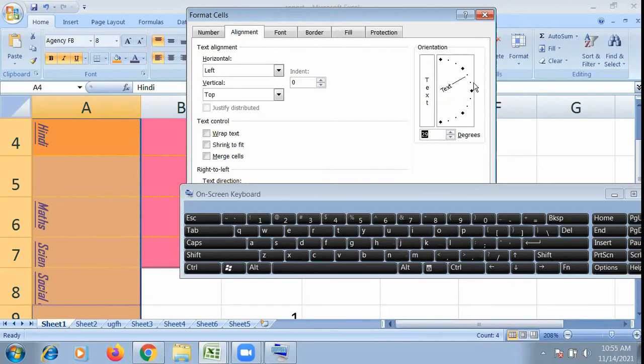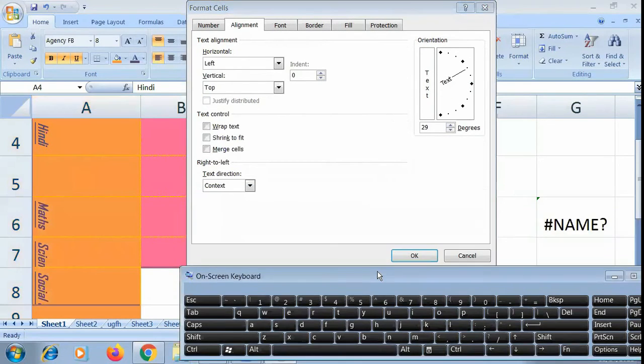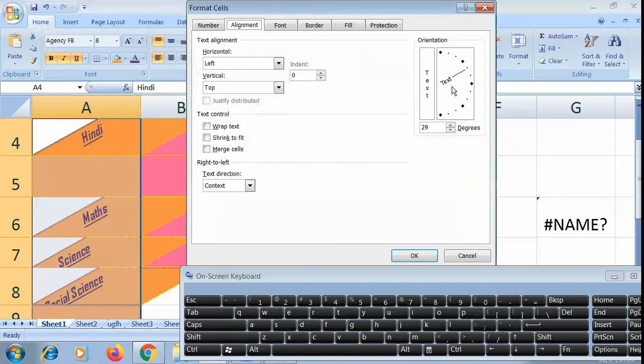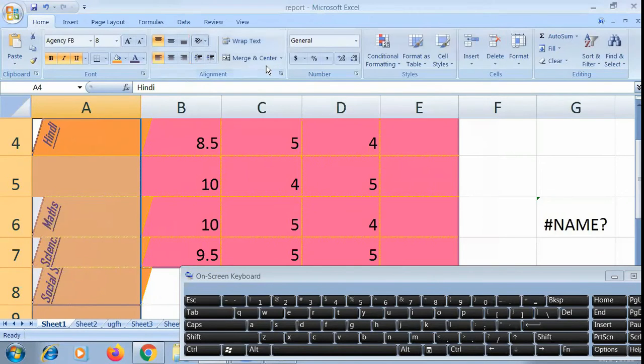Let's increase it by 29. Now as we click on OK, we will get the text written at the same angle. We can place it in different directions as we like.